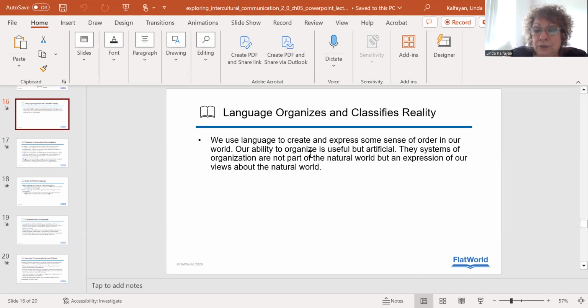We use language to create and express some sense of order in our world. Our ability to organize is useful, but not artificial. I think it means the systems of organization are not a part of the natural world, but an expression of the views about that word. That's why we have something called, and I don't think your book talks about it, linguistic determination. Sometimes people regard our understanding of how much we know based on our use of the language. If I use quite a bit of profanity, I may be inferring that someone does not have an extensive vocabulary and has to substitute meaningful words with